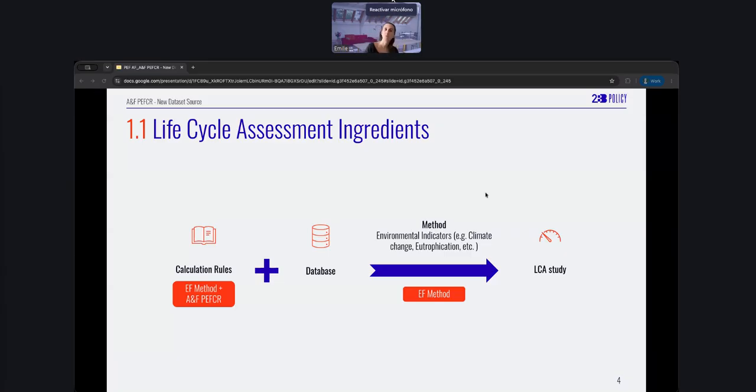So the environmental footprint method is giving us how we make calculations. For example, do we need to include the impact of capital goods, the buildings or not? What do we need to focus on? How do we develop sectorial specific calculation rules? It also gives us 16 different indicators, and together with the environmental footprint database historically, we were able to get